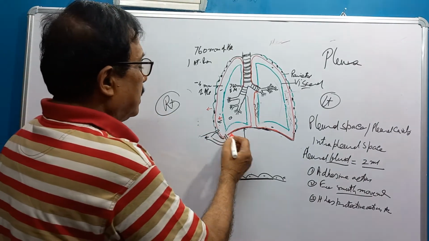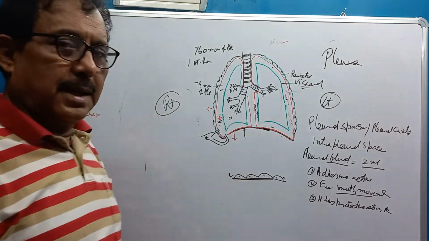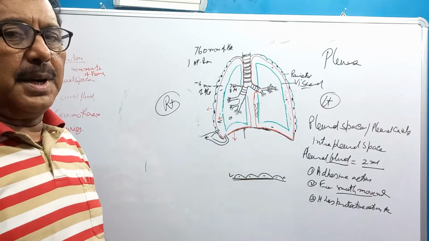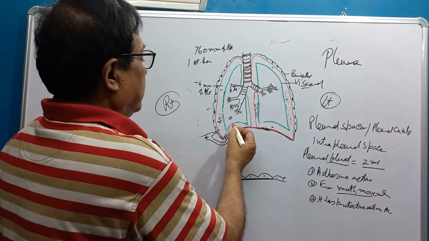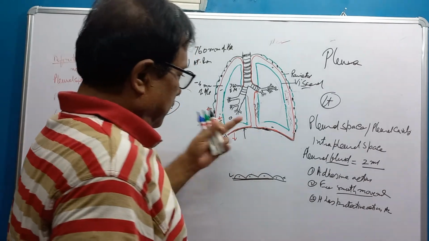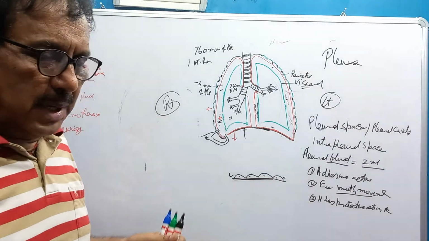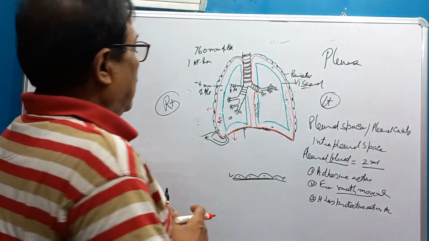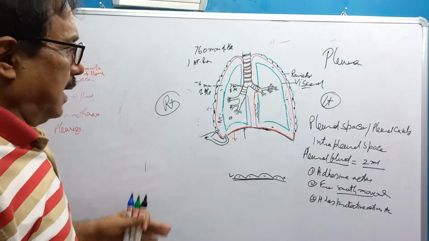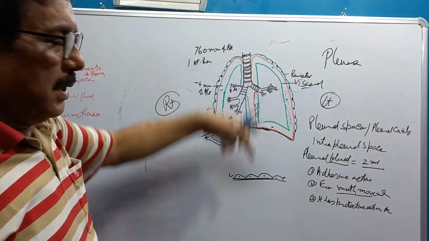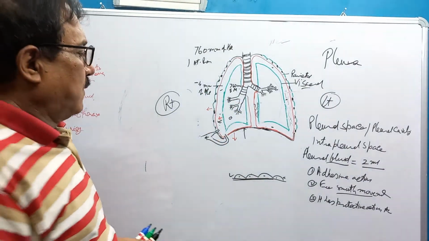When the diaphragm moves during inspiration, it goes down, increasing the vertical diameter of the chest wall. So the base of the lung will also go down. Therefore, volume will increase, then pressure becomes less, and air is sucked into the lung.